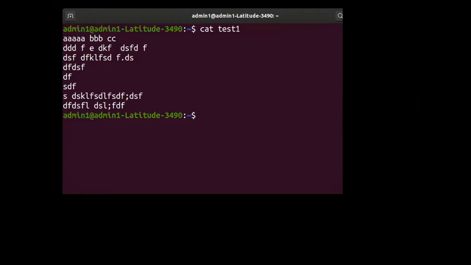So what I want to do is convert the contents of file test1 into uppercase. Since the tr command does not take input from a file, you have to use a piping mechanism. How will you use it? You just say cat test1, pipe it to tr.